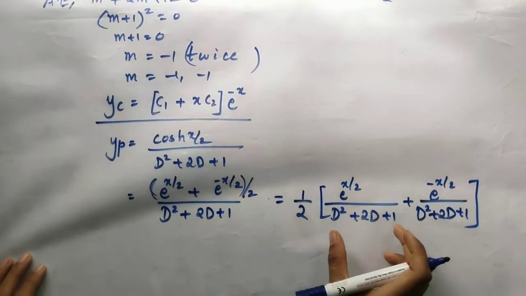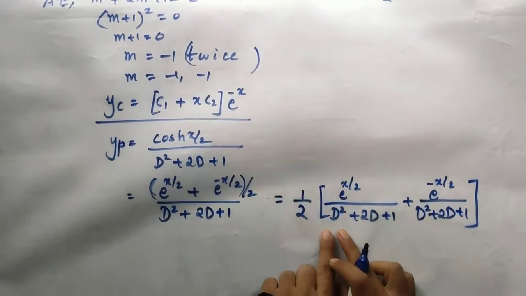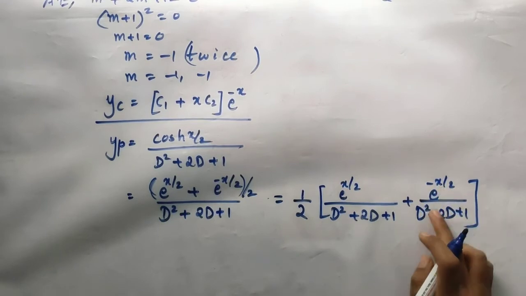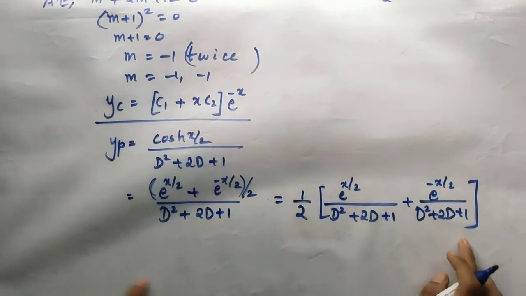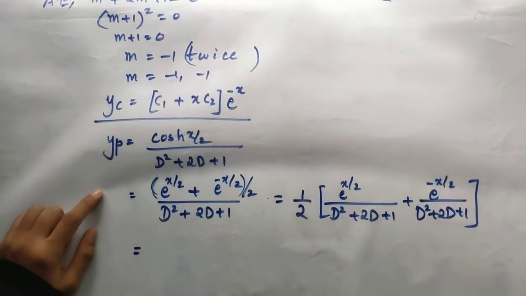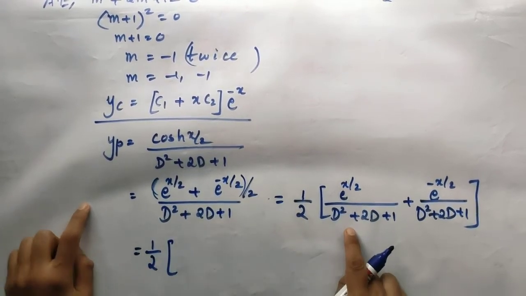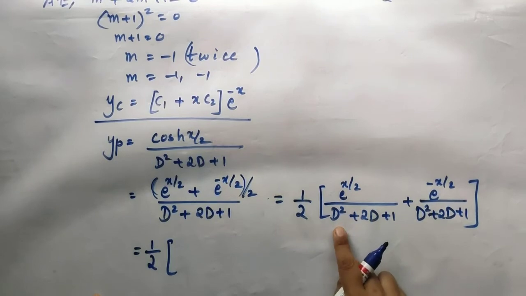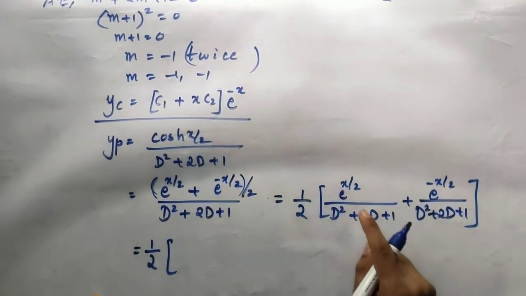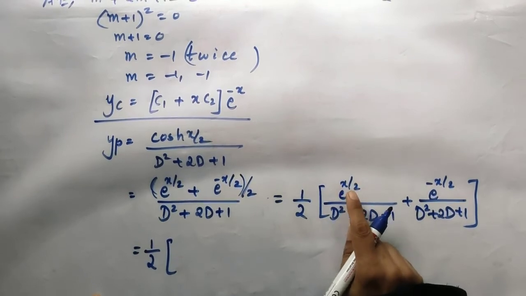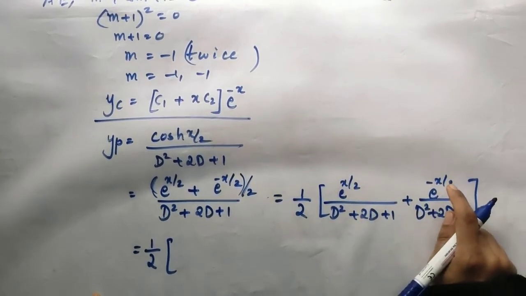So for this part, you see there is an exponential term divided by an expression in terms of D, again an exponential function with an expression of D in the denominator. So therefore, yes, half aside. Okay, so what is the rule? You should replace every D by the coefficient of x. The coefficient of x in the numerator is what? It is half in the first part, whereas it is minus half in the second term.